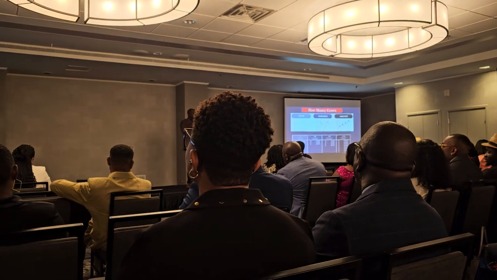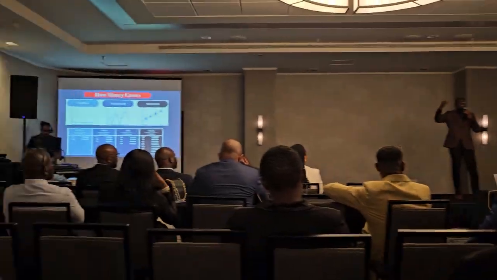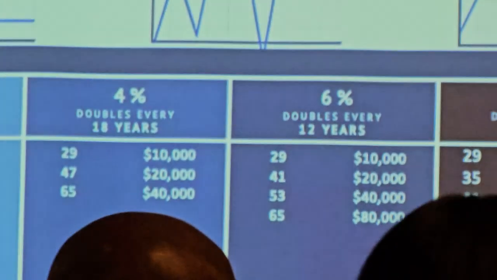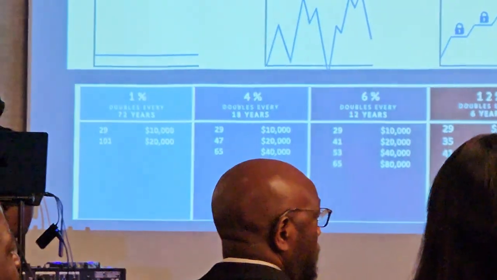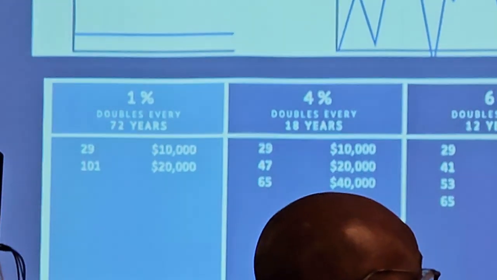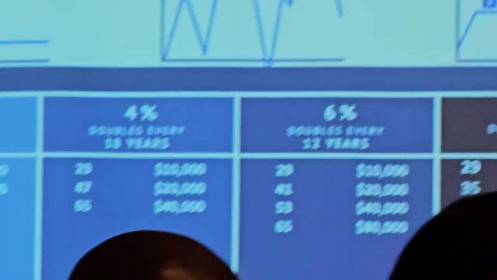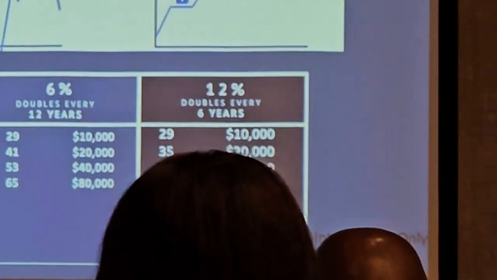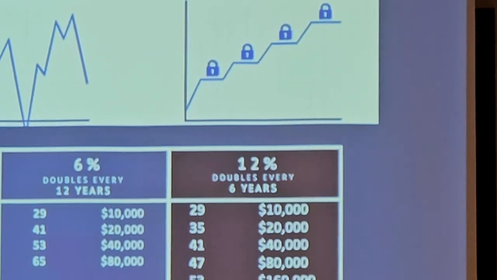Now, it's also important to understand the rule of 72. We're growing our money, we're keeping our money in accounts, and yet we have no clue about the rule of 72. The rule of 72 is simply a rule that determines how often your money doubles. The rule of 72 says, in order for you to find out approximately how often your money will double, take 72 and then divide it by whatever interest the account is earning you.